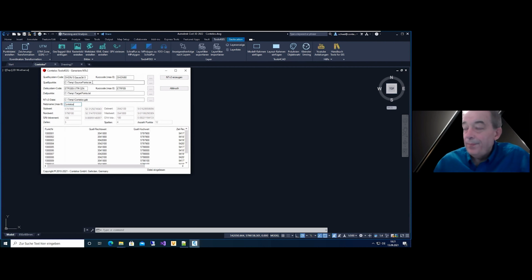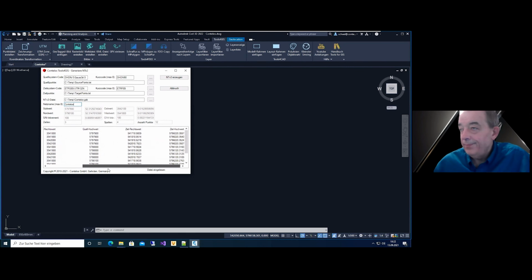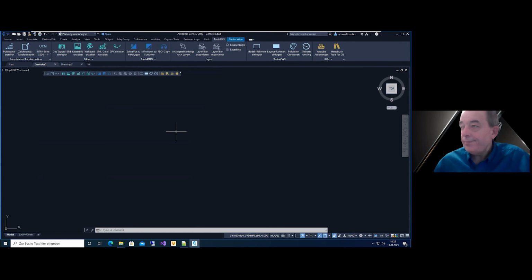When I select the source and the target file, it fills the table with the coordinates, fine. And then I can say, okay, NTV2 generated. At this point, I have done it. That was all, and we get a new file. It all works fine. With this generated GSB file, we can produce the same as we see above.